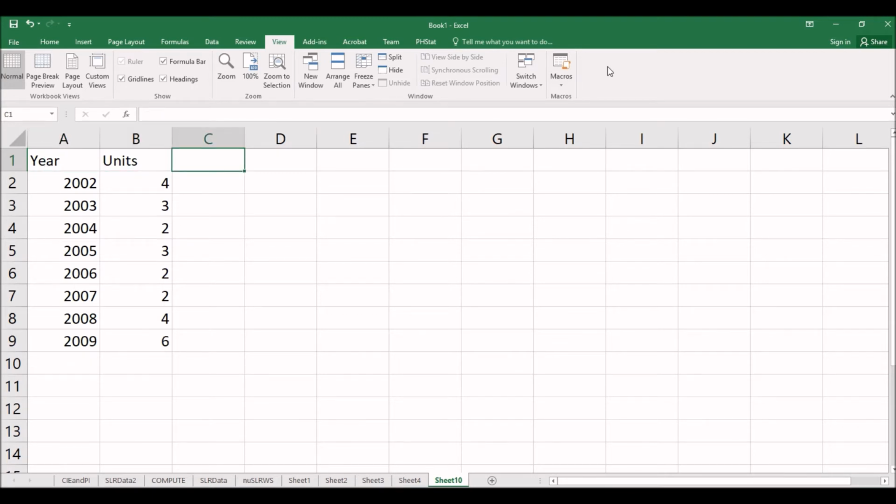Here we run an autoregressive model with Excel or PHStat. We create a lagged variable. We call it lag1. Here for 2003, we have the value from the prior year. Here, we copy the values down. The first year, 2002, has no value applicable. We use numbers not applicable. Then we have lag2 from here. No values for the first 2 years.